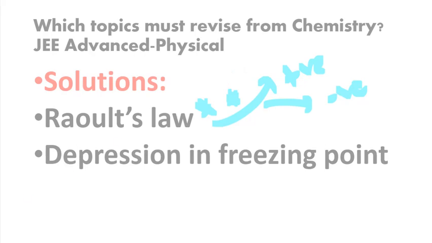And next one is the depression in freezing point. If you look back at the previous year questions, we may expect a question from depression in freezing point. In almost all colligative properties, the most important and frequently asked question is on depression in freezing point. So just focus